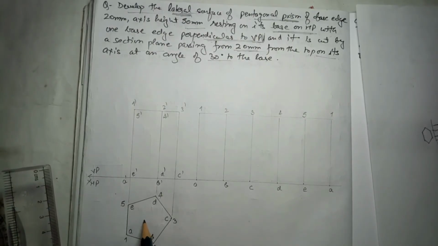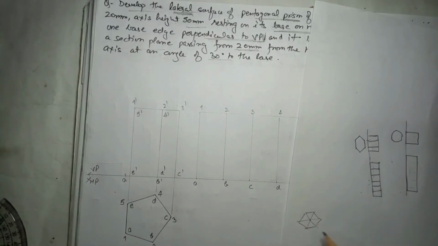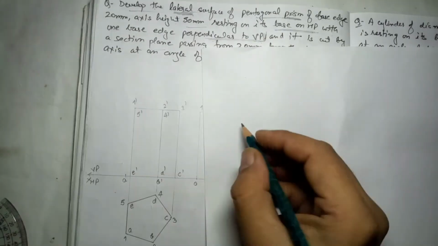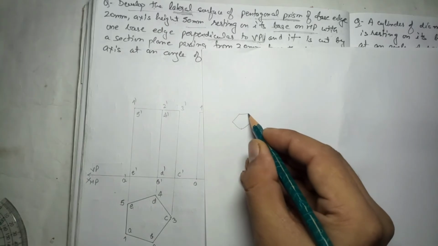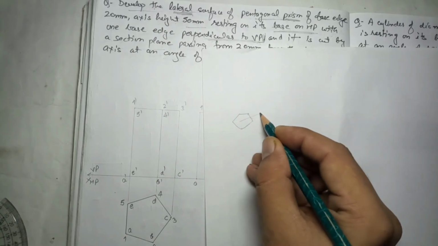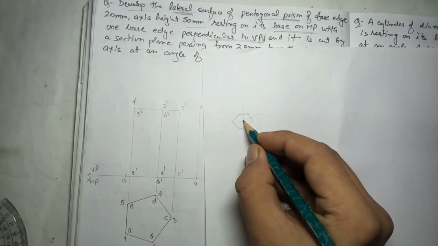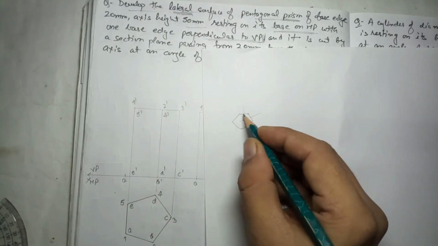First I have to find out the midpoint of the top. How to find out the midpoint of the top? If it is a hexagon, you directly join the opposite side and you will get the midpoint. But in pentagon we will not find it like that. So what we do in pentagon, we have to first find out the mid of any side. Means this side we find out the mid line, any adjacent side again find out the midpoint, like that. The intersection of these two, that will be the center point of the surface.